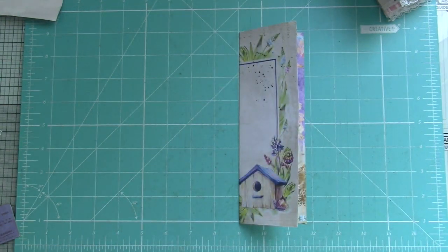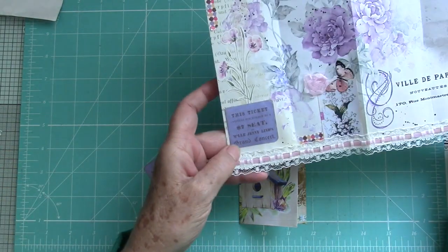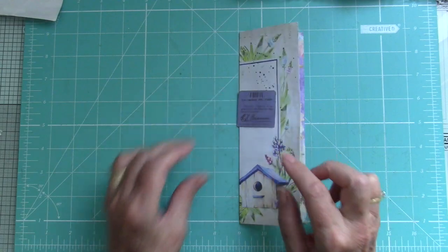Okay, so I've got a few pieces here. I've got the other half of this tag that I cut, label. It's an ephemera piece, really. I've got